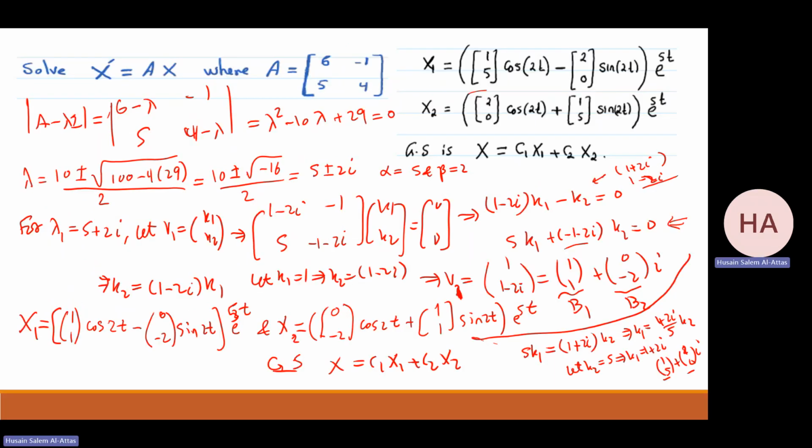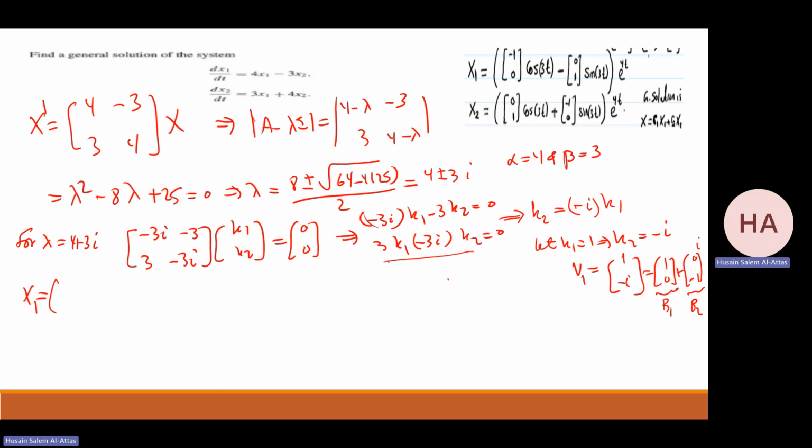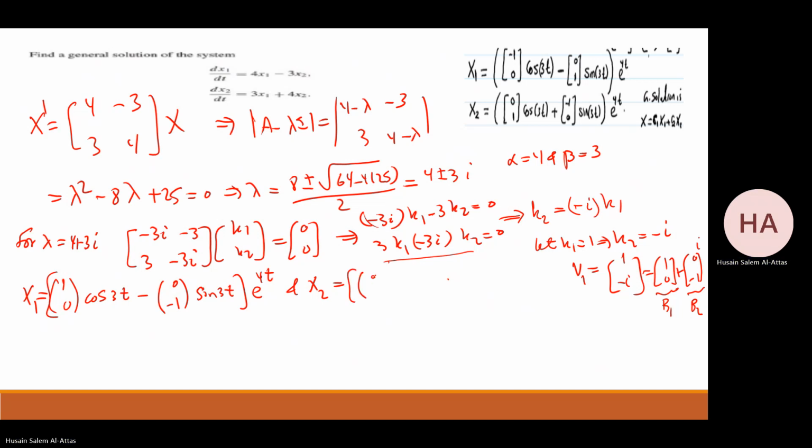So I have B1, which is 1, 0, cosine beta. What is beta? 3t, minus the other one, 0 minus 1, sine 3t e to the power 4t, and x2 the other way, 0 minus 1 cosine 3t plus 1, 0